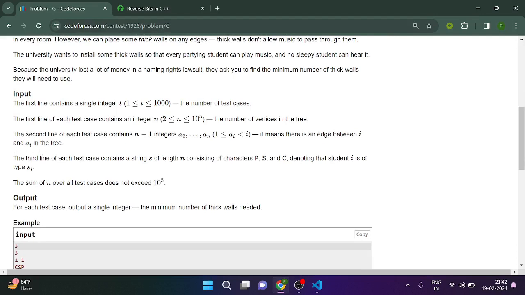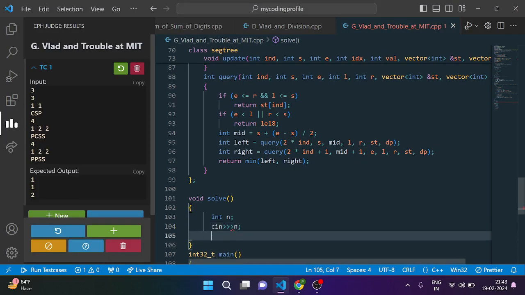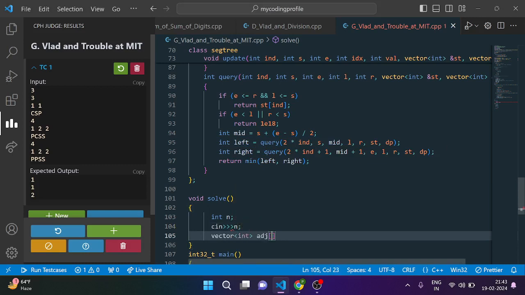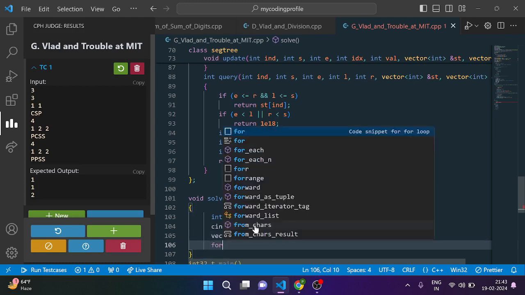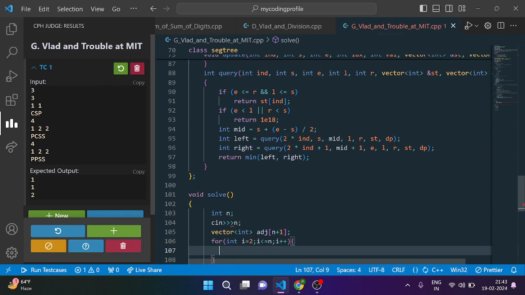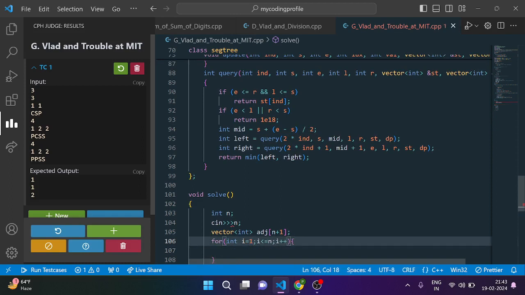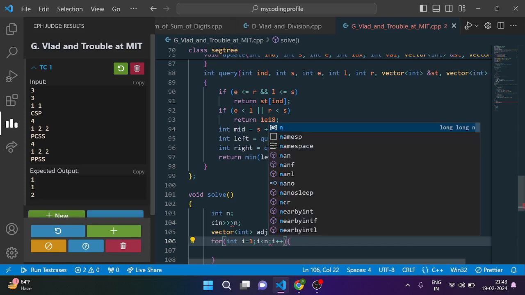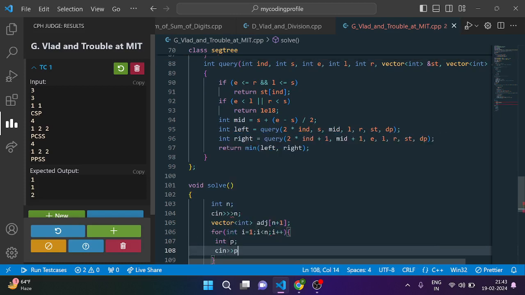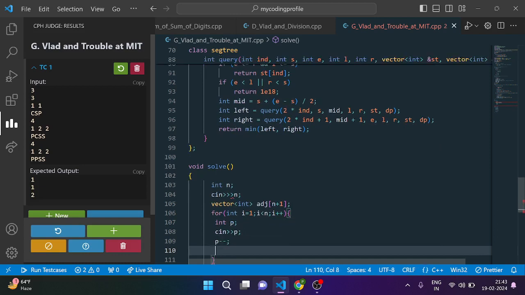A2 से लेकर के n तक दिया है। सो हम एक काम करते हैं, वेक्टर ऑफ इंट adj ऑफ n+1, ठीक है, फॉर इंट i बराबर 2, i लेस देन इक्वल टू n और i प्लस प्लस, ओके, i इक्वल टू 1, i लेस देन n, i प्लस प्लस, और फिर इंट p सी इन p लिए, और फिर p माइनस माइनस किए, और फिर adj ऑफ